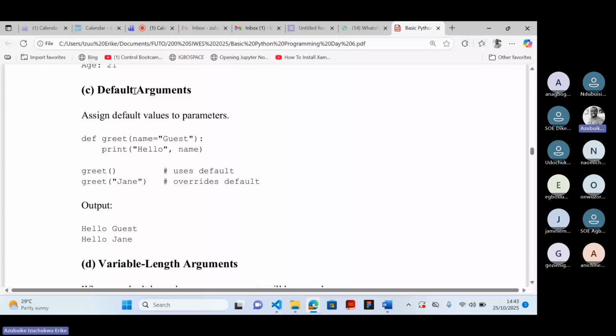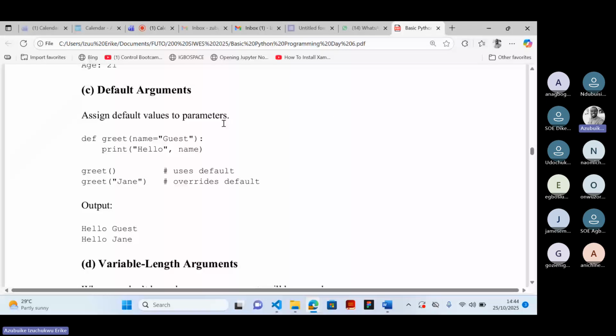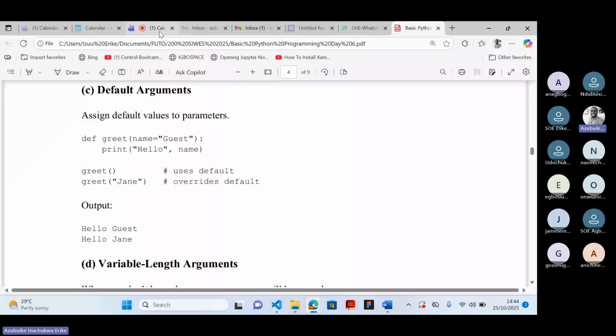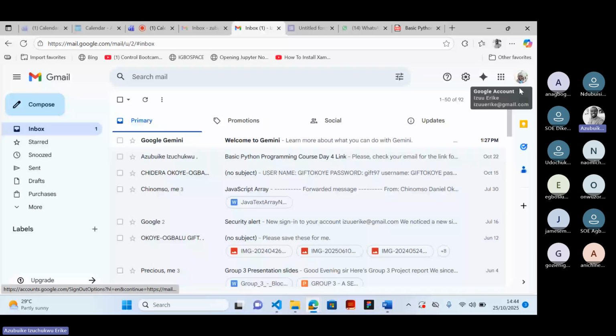And also, if you are not logged in, the system may be calling you guest or whatever. But when you log in now, it may start calling you by your name. For instance, if you come to that place again, let me show you. If you hover your mouse, you are going to see my name here, Azubike. Now, if you are not logged in and you're able to access a page, maybe the person creating the stuff